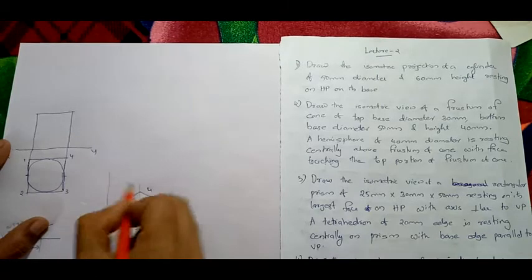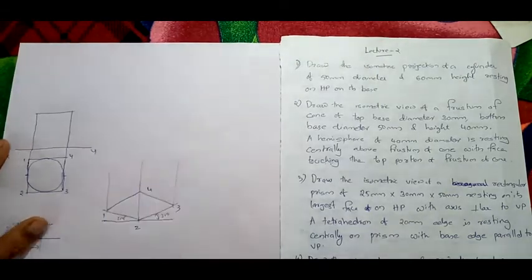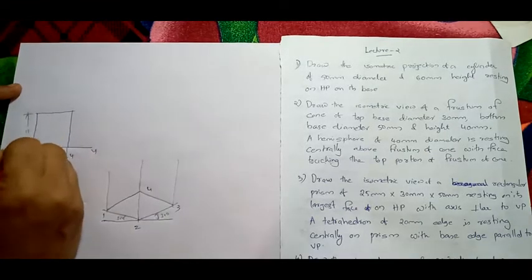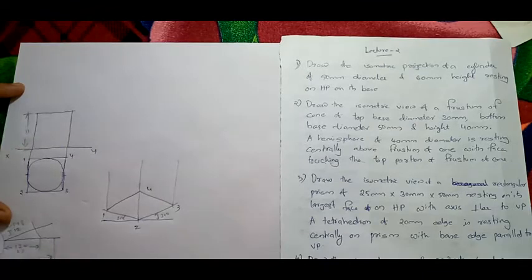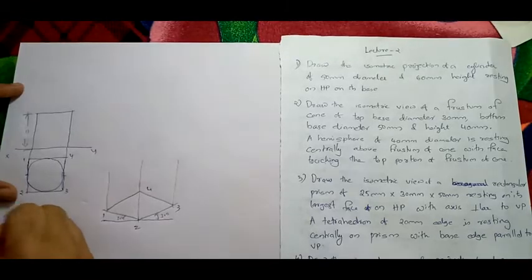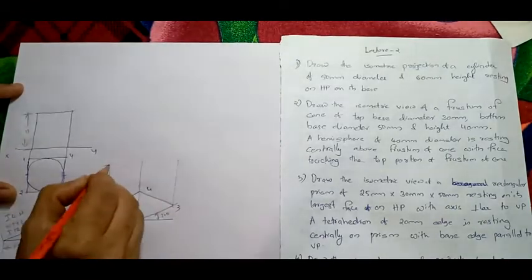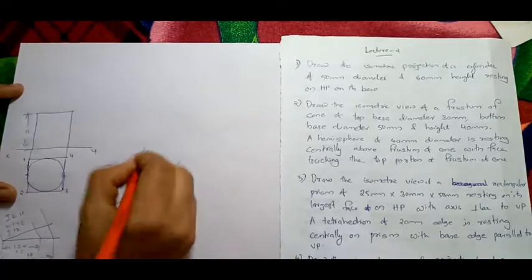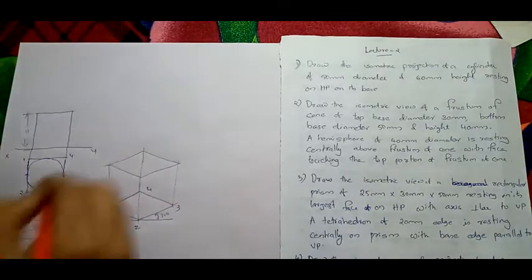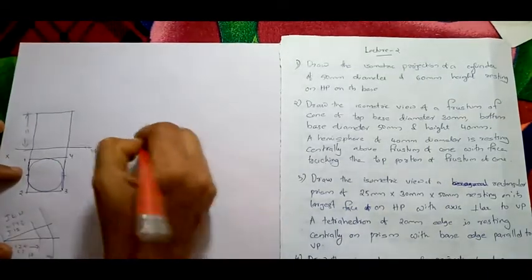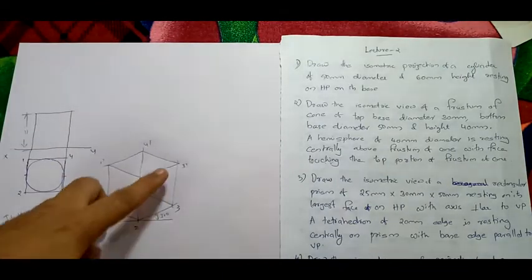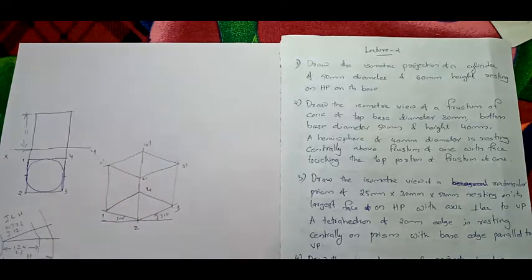Now draw small perpendicular lines. Height is given, right? From this take the height h. For isometric projection you have to find the scale. So take this isometric length of height, cut it here. Now similarly draw parallel lines. So you have completed this. This will be your 1 dash, 2 dash, 3 dash and 4 dash. So for a cylinder there will be an ellipse here and another ellipse here. I have drawn this, very simple, right?